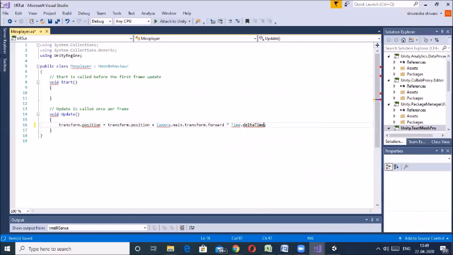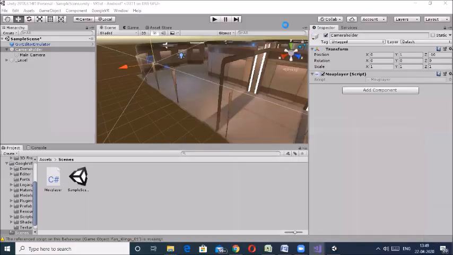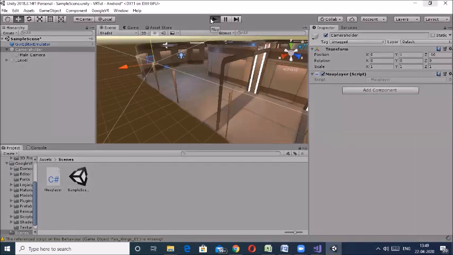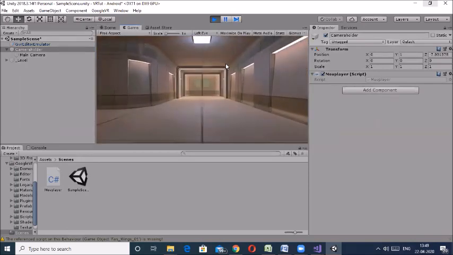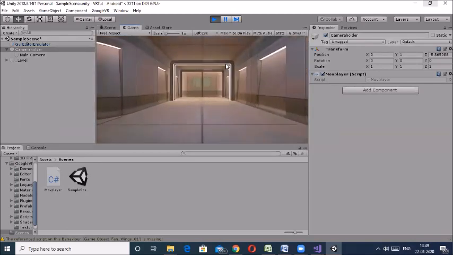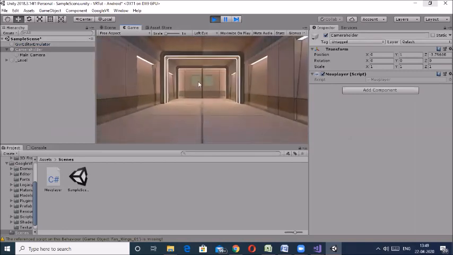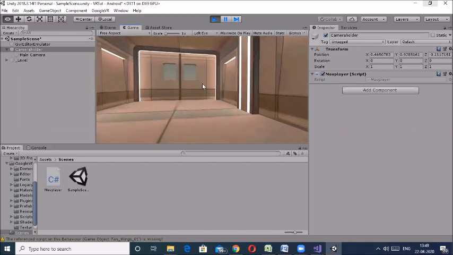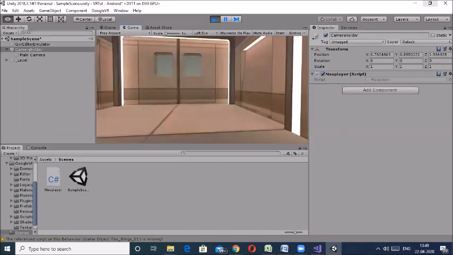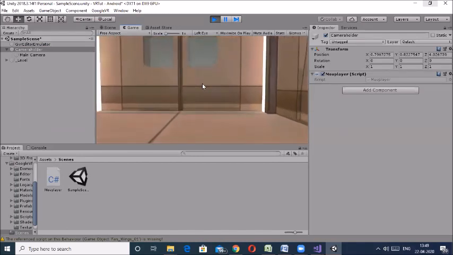Okay, so this small command will reduce the speed. There is another concept behind Time.deltaTime. I will tell you in the next semester. So here you can see that the speed is now minimized. You can move your player as per the direction of the mouse.